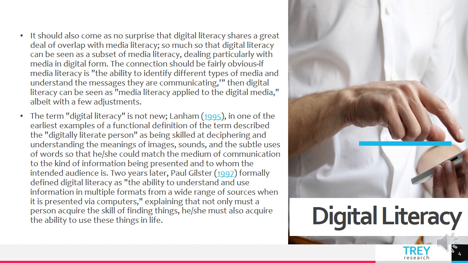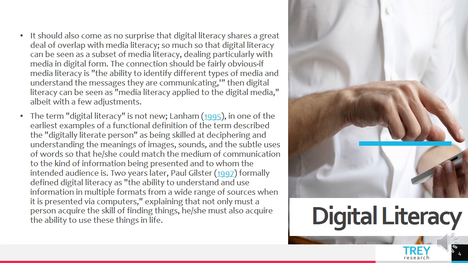So in digital literacy, its main concern also is the audience of that particular message or for that particular information. This also means in digital literacy that this also includes evaluating and assessing the credibility or how reliable is the information. So 2 years later,